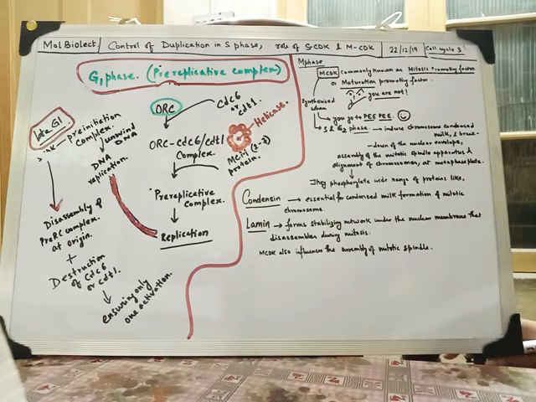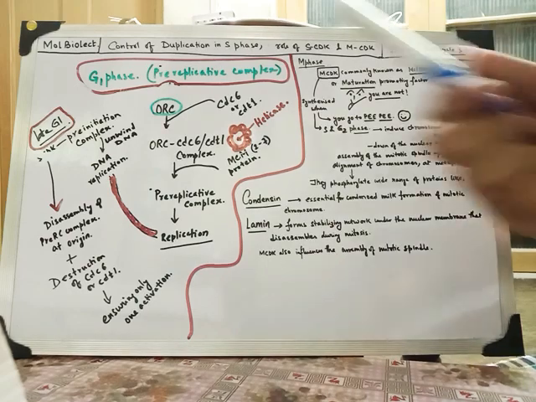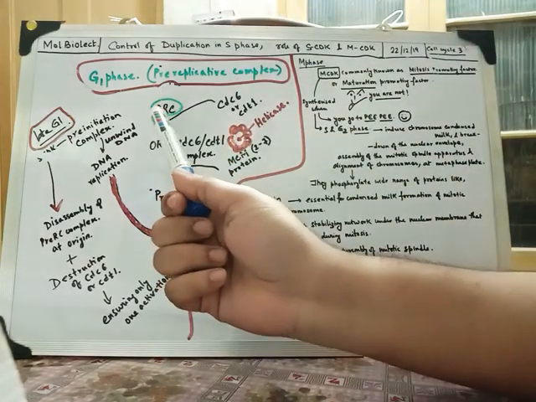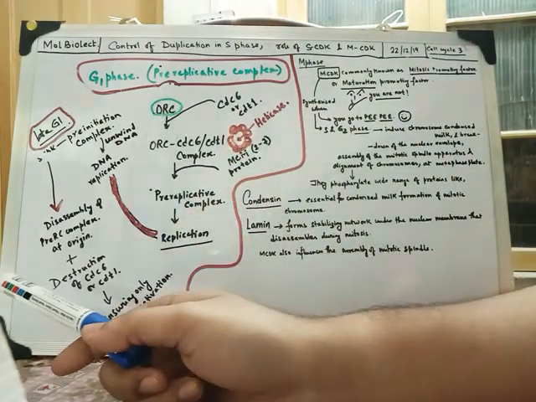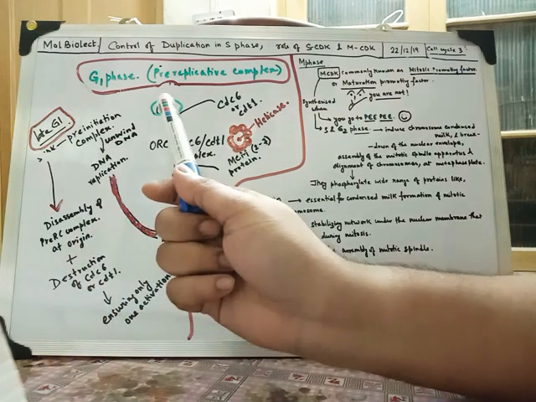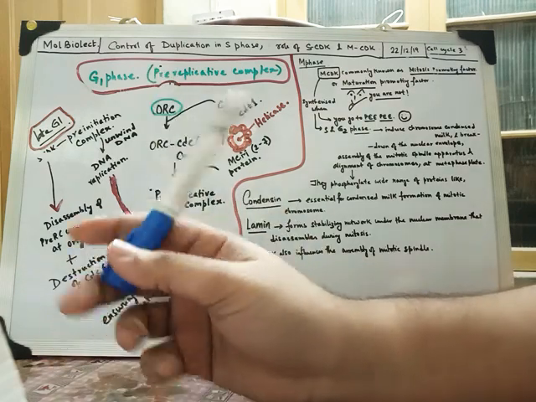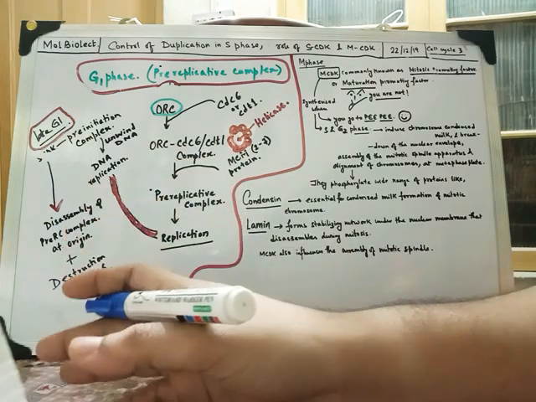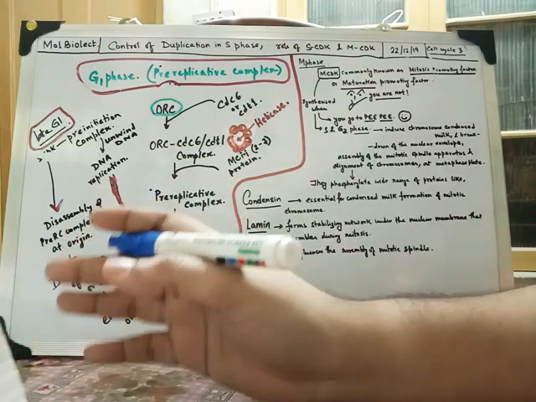Let's focus on that. So we have something known as the ORC. It's also known as the origin recognition complex. This ORC is a key player for the recognition of the